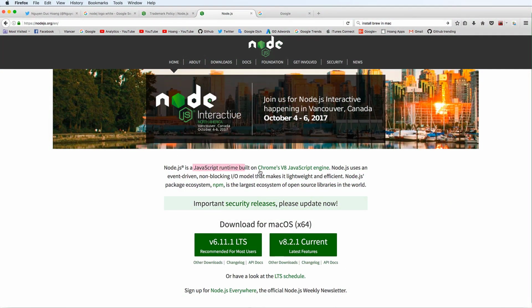Here is the Node.js documentation, and I use the latest version with the V8 JavaScript engine, and it is an event-driven and non-blocking I/O model. Then you can create your server and send your request from your client to the server. You can send POST and GET requests to your server, and I will build your server using